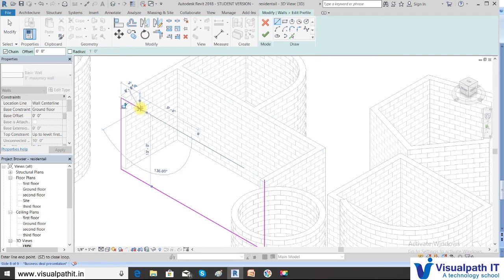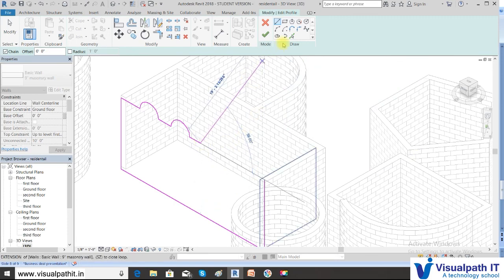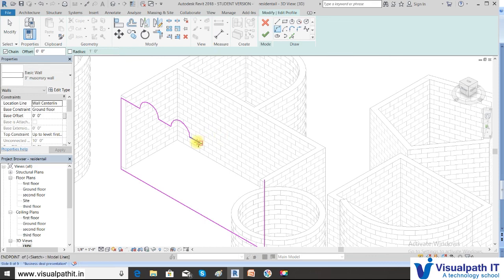So first a line of 3 foot I have drawn, then I go to this arc, click the length of the arc and give the radius. Similarly, a line, then again an arc, radius and an arc. We want it continuous, but there should not be overlappings. If there are overlappings, it will show errors. So in order to avoid the overlappings, I draw the line and then draw the arc. Or you can even draw a straight line.